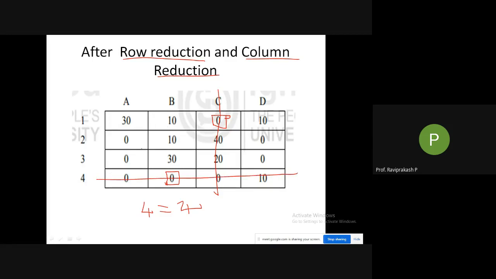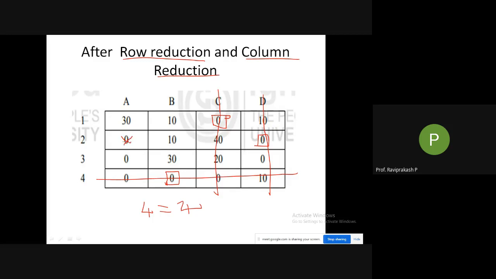Next, coming here, C is already done. It is already cancelled. For D, again two zeros. What I said, check here, only 1 0 already marked. So second one, if you see, two zeros. Earlier what I had done, I had put a square at 2A. Now I'll put 2D. So this if I do, I need to cancel this, like this, and I need to cross off this 0 as well.